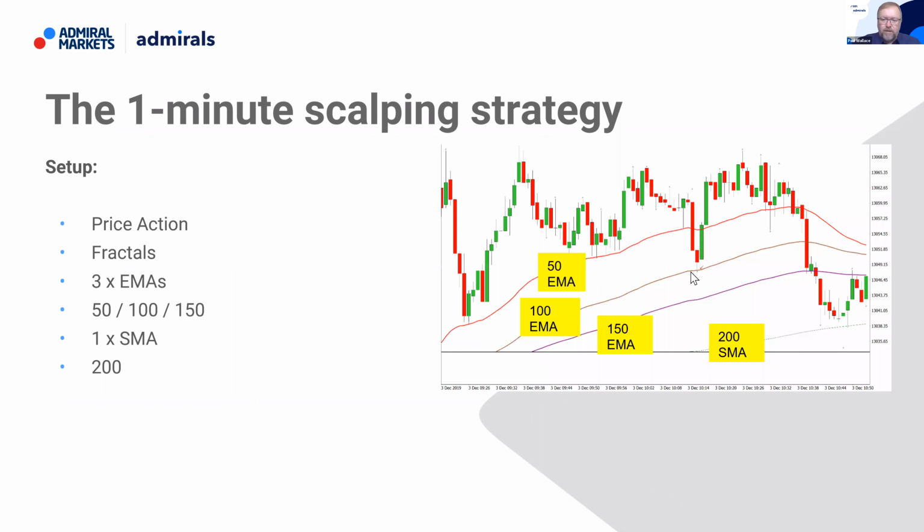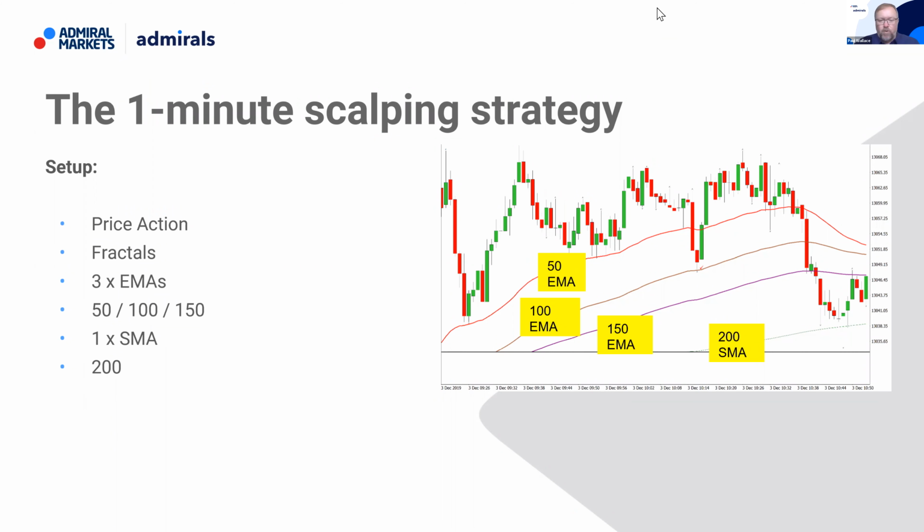So just a little bit of a tech. So what is the setup for the 1 minute scalping strategy? It's price action, 1 minute charts. What I have on my charts, I have fractals, which you can find on the MetaTrader platforms. I have 3 EMAs, 3 exponential moving averages, the 50, the 100, and the 150, and also a 200